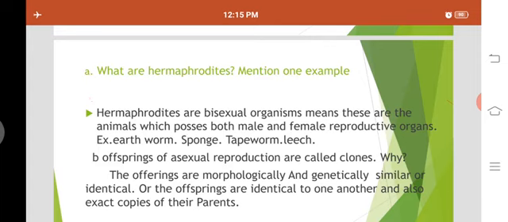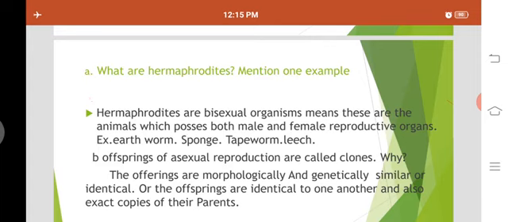As I told, this question was asked for 2 marks, and the answer you have to write is the definition of hermaphrodites. Already you have studied sexuality in organisms, in the same topic, reproduction in organisms. First you have studied sexuality in plants, and then sexuality in animals. You have seen unisexual plants and bisexual plants. You have studied the unisexual and bisexual.